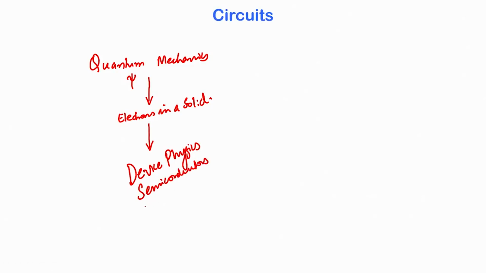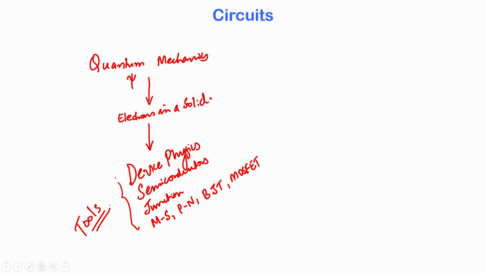We looked at the formation of junctions, and we looked at some of the devices, particularly the metal semiconductor junction, the PN junction, and in transistors we particularly paid attention to the BJT and the MOSFET. And here we developed a huge set of tools, such as the Poisson's equation, to study the behavior of all these devices. And throughout the study, we always tried to wrap up every device or every concept with the impact on circuits,